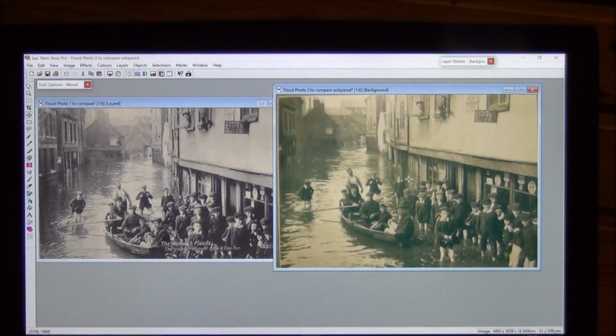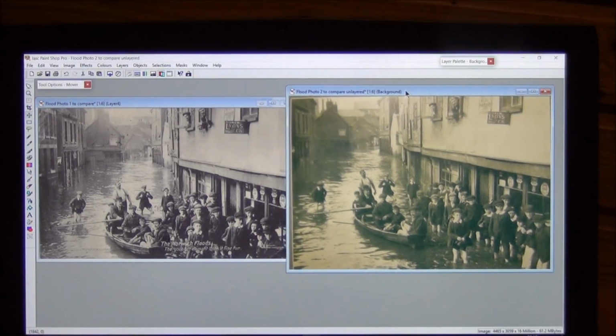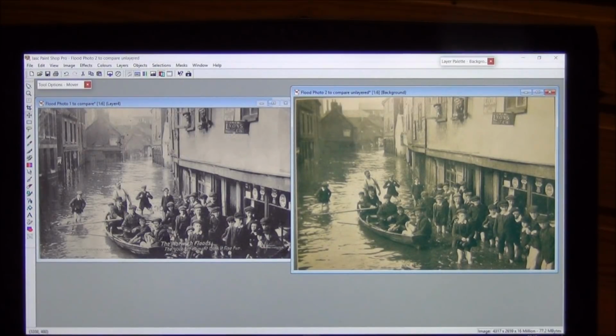From what I understand about geometry, if they are two viewpoints, and they have to be for this architecture, this sign to be different, and these people to be in different orientations to one another, despite most of the poses being absolutely identical. When I zoom in on the oars of the boat, which are two separate things in a 3D space, when I take a copy of the boat and then I float it over the top of the other photograph,